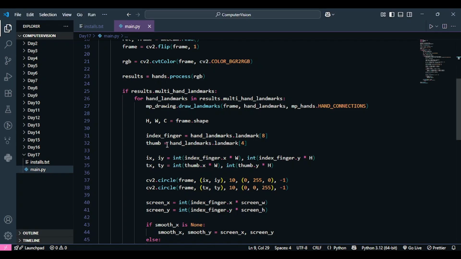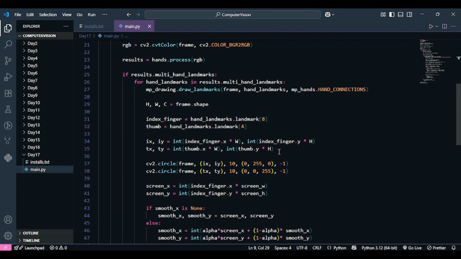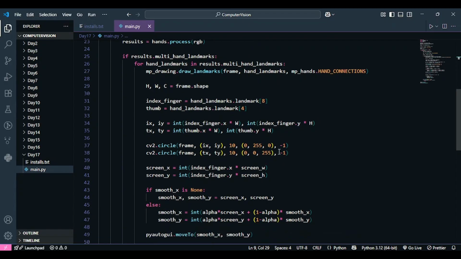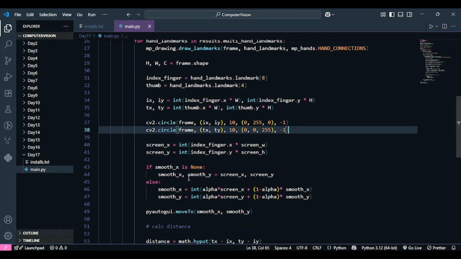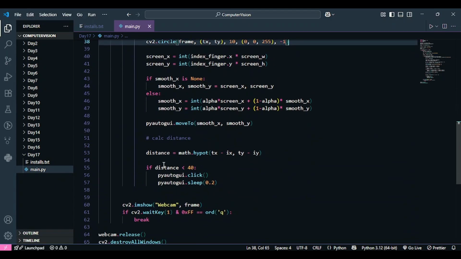So over here we have just saved those in two variables, and then we have converted our normalized index finger and thumb coordinates into our camera pixels, just so that we can draw the circles on top of them. And then this was for moving the cursor. And this was for the clicking. This was for creating the click.